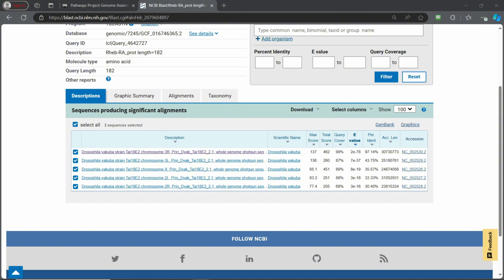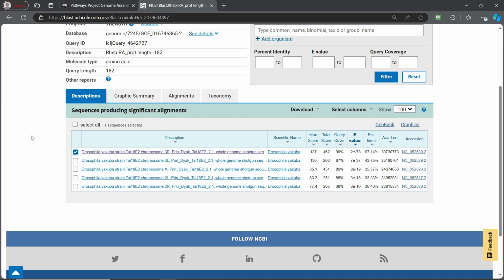Now we'll be covering how we can determine the best collinear set of alignments to determine the potential location of Reb in Drosophila jacoba. As we can see, I have our prior BLAST results pulled up here on my screen, and we were able to determine that the best result was actually the very first. This was due to e-value, percent identity, along with understanding the differences on query cover as well.